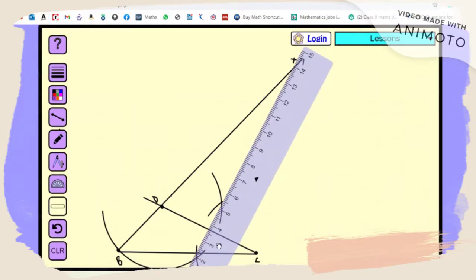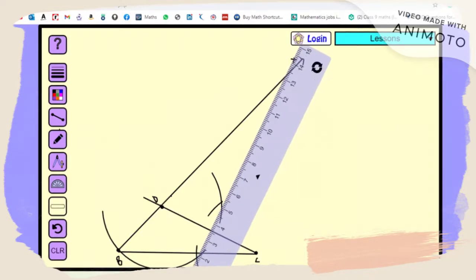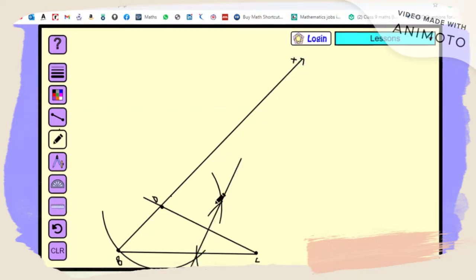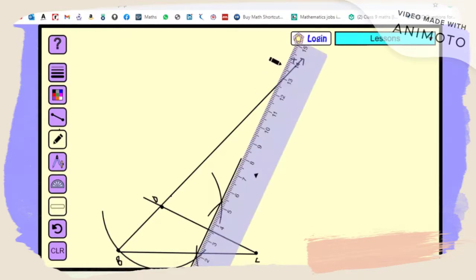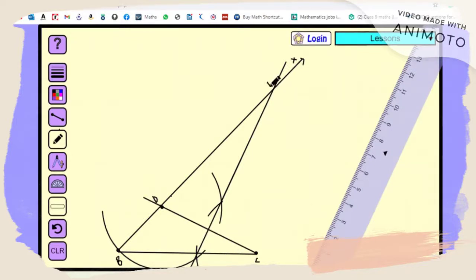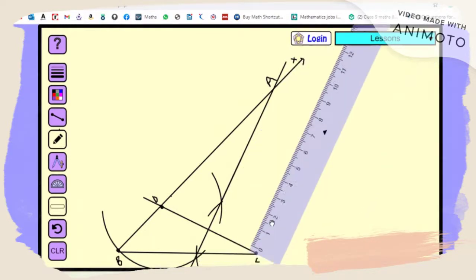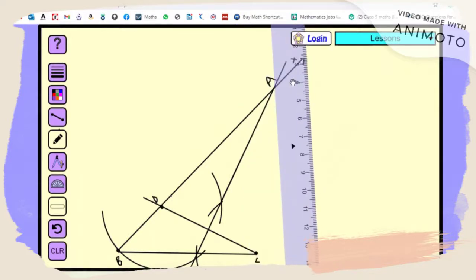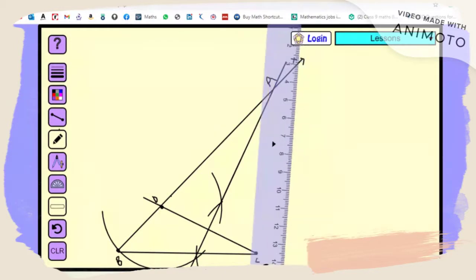We have to be quite precise about the joining of the points. It should meet the maximum accuracy to make it more clear and more accurate. We are supposed to join it in such a manner that it cuts the extended line. The point of intersection with the extended line will give you point A. So now you got point A, you have to join this point A with point C.